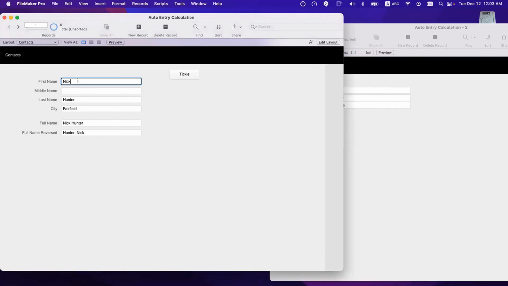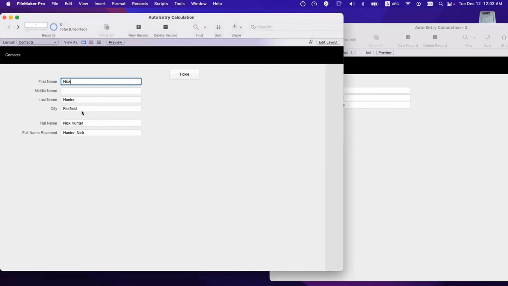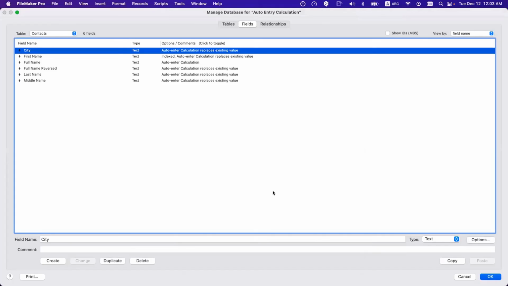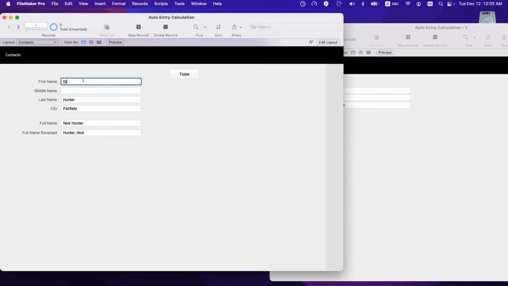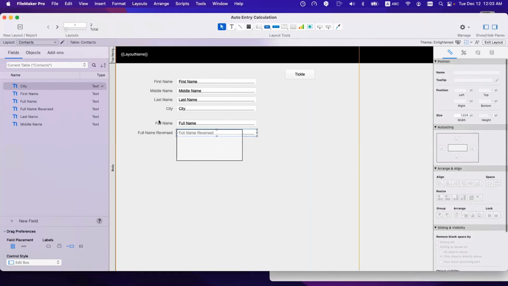So how do you do that here? I have two unique entries, two cities, right? If I say this, let me put this back. What will happen? If I do Nick Hunter again, it comes up Corfu. Yeah, but I have Athens as well. I have Corfu and Athens. I have two. With the auto entry calculation,